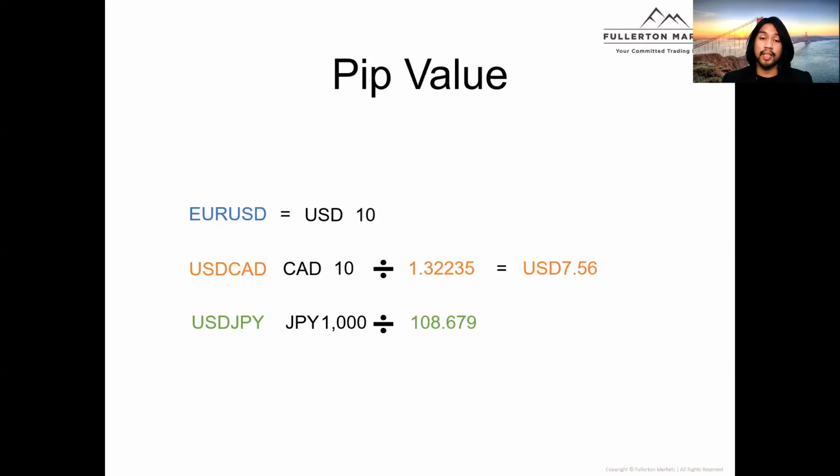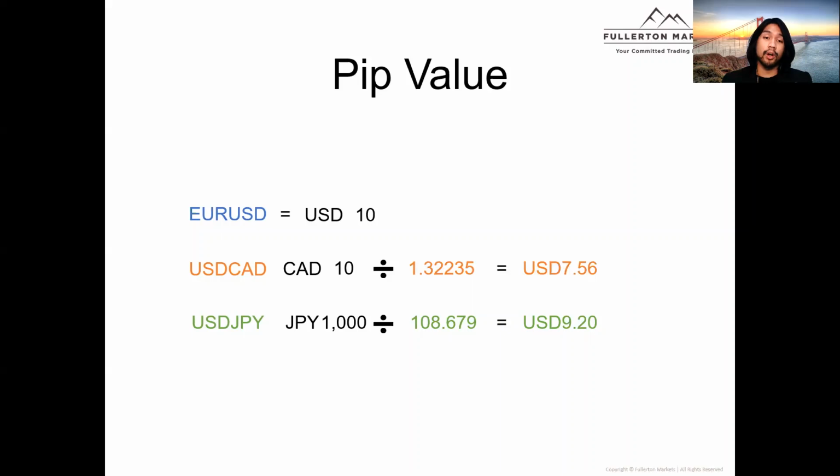Dividing 1,000 Japanese yen by 108.679 would actually yield us 9.20 US dollars. All right. So for every 1 pip movement on the dollar yen, we are making 9.20 US dollars. So imagine if, let's say, the entire trade netted you around $1,000 on the euro dollar. The same, for example, if you took the same trade and the same take profit points, same take profit value,